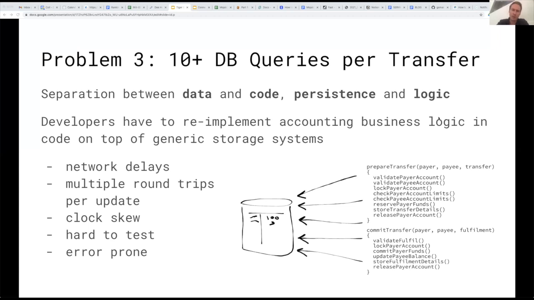But when the generic database is forcing 10 plus queries, it's amplified. So if you're looking at, say, 10,000 transfers that you need to get through, then that's latency of 200 milliseconds just because of context switching. That's ignoring fsync, all the network hops, all of that. So this 10 plus number is the amplification factor that's quite